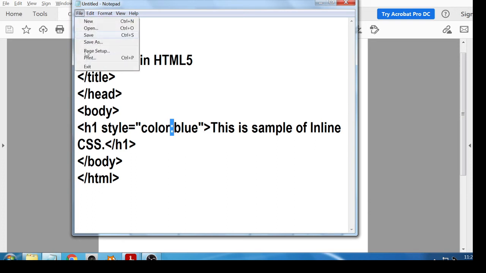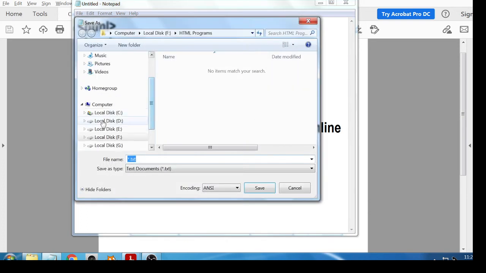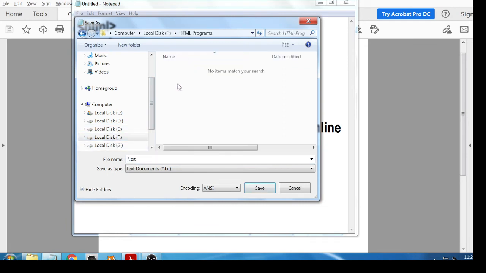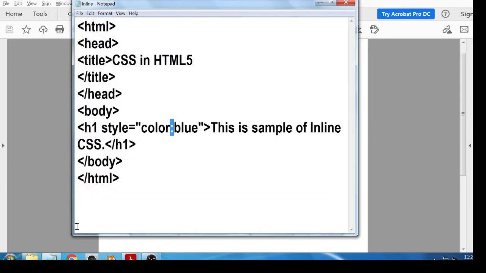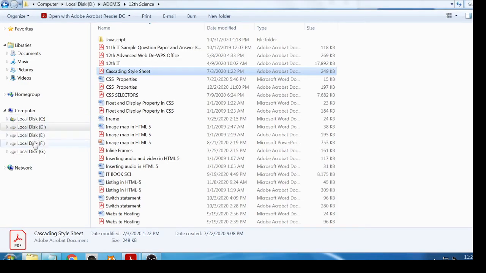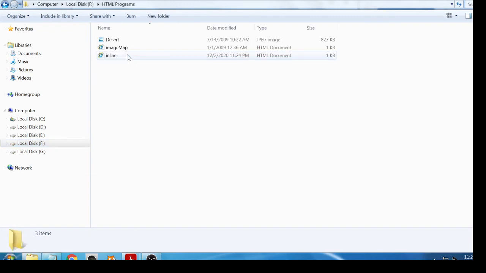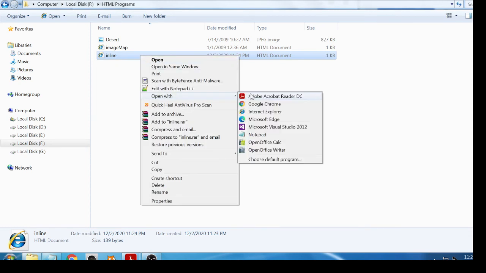Okay, save this file. There is an HTML program in F colon, save as inline dot html, not CSS. The HTML extension is important. Save this file and execute. Open the Windows Explorer, F colon, then open the HTML program inline, open with Google Chrome.